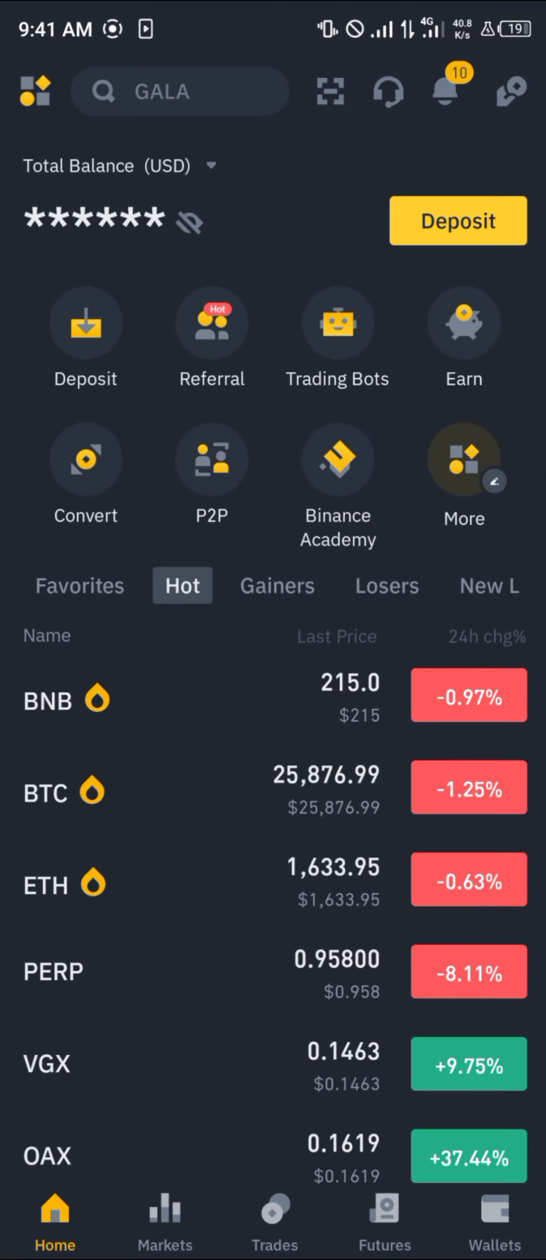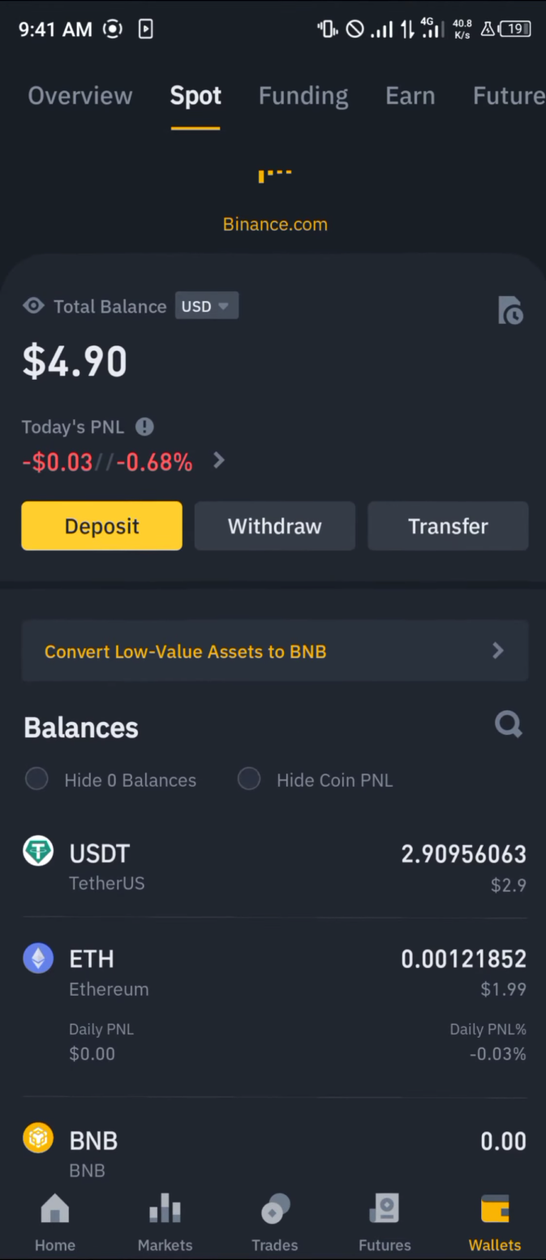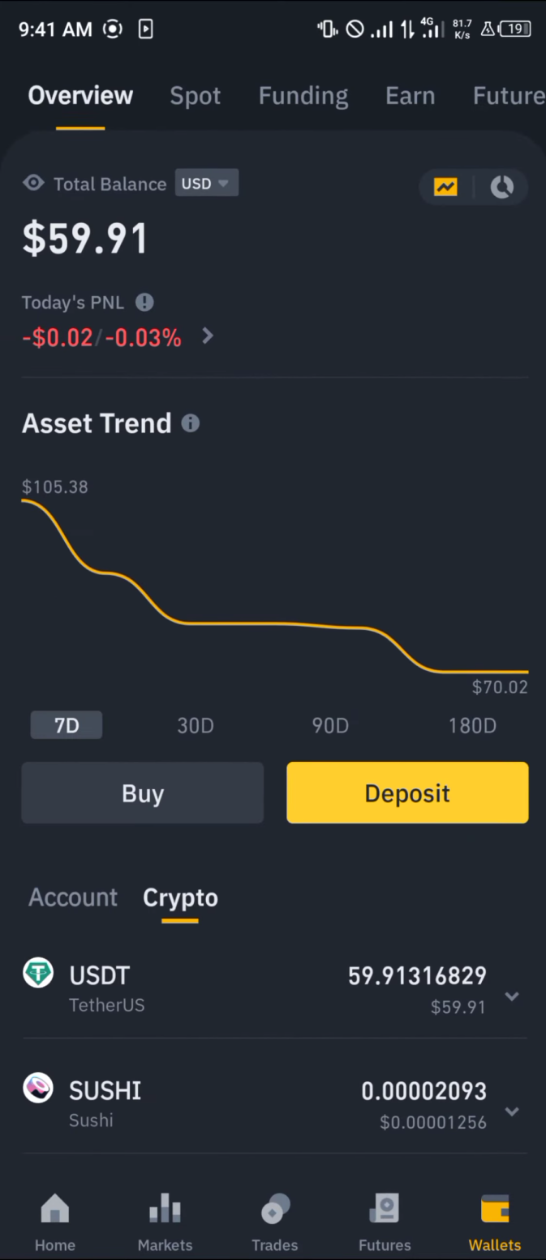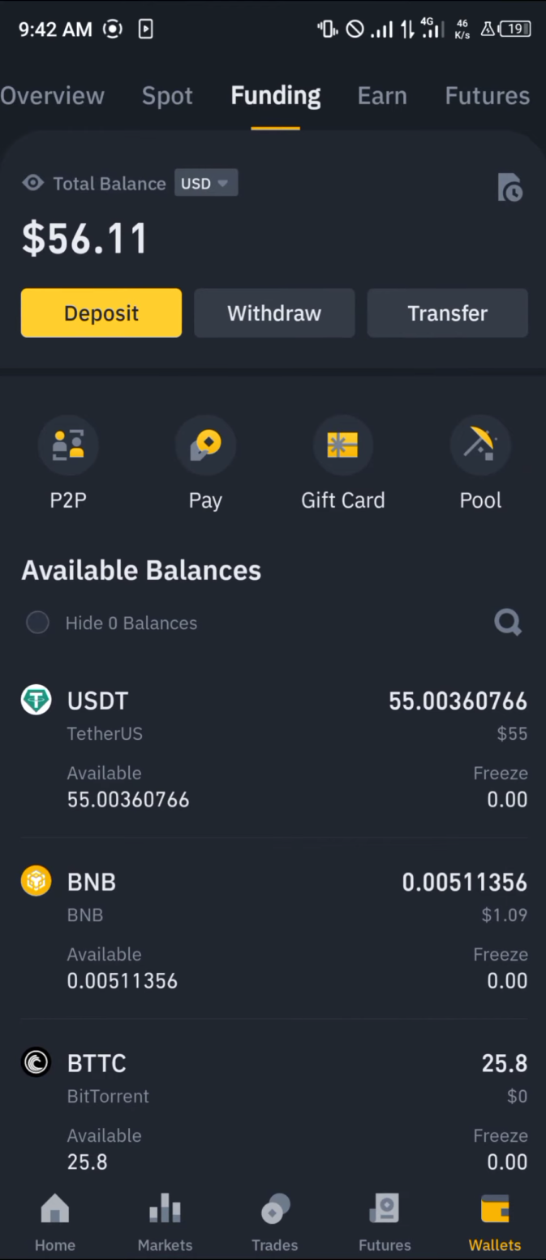So simply head over to the wallet section at the bottom right corner of the screen, do a reload so you can have a view of your assets. If it's not on your spot wallet, it would definitely be on the